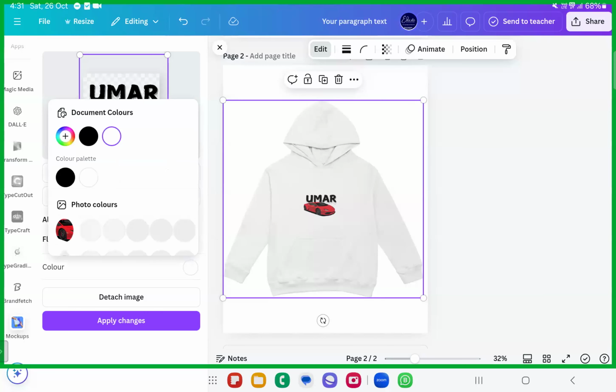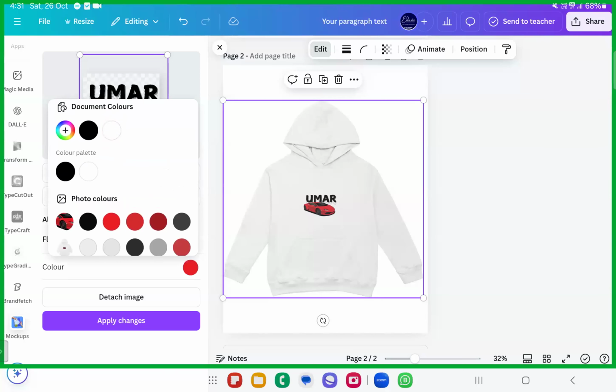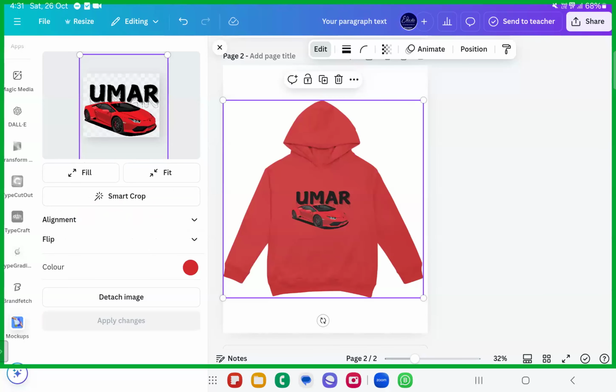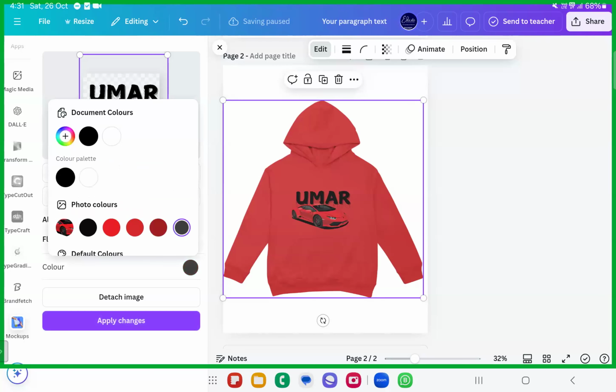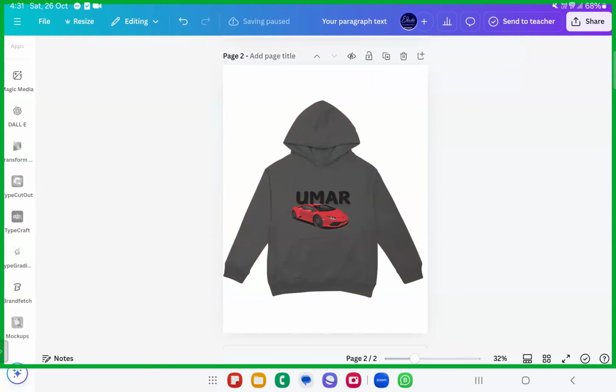And see here, the color of the t-shirt they'll ask you. If they want it reddish, you can go ahead with the t-shirt color as red and apply changes. Within seconds, the color of the t-shirt will change, and that's all. If you want the color of the t-shirt to be blackish, apply changes. So beautifully you can change and create the graphics, and you can now send it to your client. So this is how you generate it. Fine. Okay. So alhamdulillah, we are done with the t-shirt designing as well. One last thing.